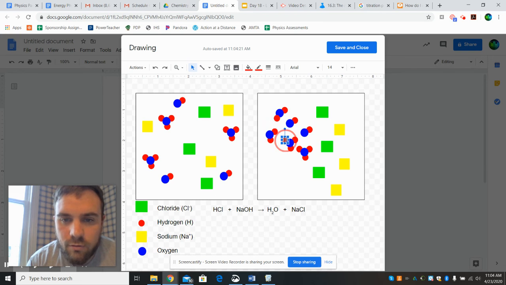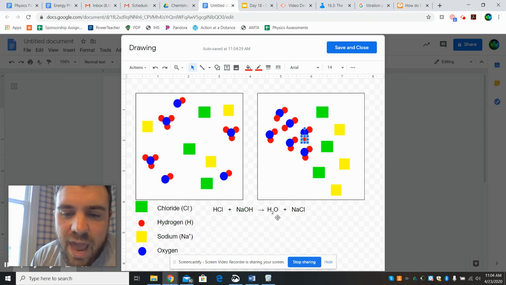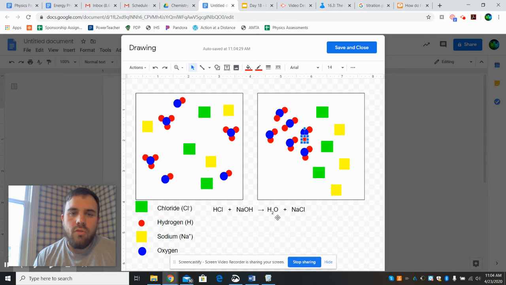Well, this thing is going to do the same thing. It's going to move over here. This thing is going to move over here. So why do we not see two waters in that reaction? Well, the reason we don't see that is because one of the waters was already there. We're not showing in this reaction that the hydrochloric acid is reacting with the water to begin with. Because really, this hydrochloric acid is not just hydrogen ions floating around, it's the hydronium ions, which we're not showing